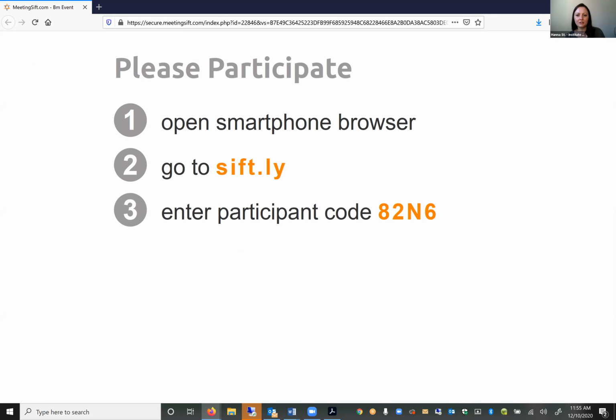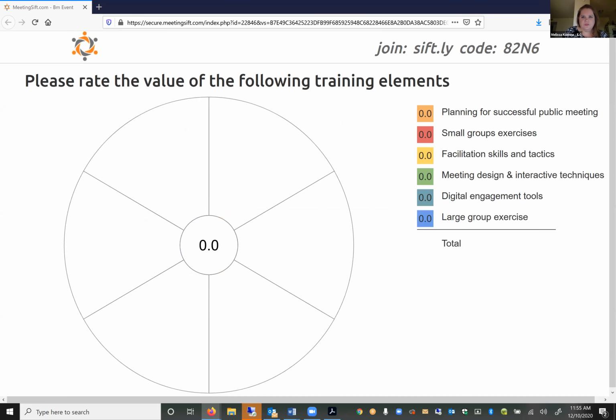Melissa, we're launching the first question. I was waiting for people to connect, but as we did yesterday, I will go ahead and launch this first question. If you're still trying to connect, the URL and participant code will stay on the top right-hand side of your screen. For this first question, we're hoping that you can rate the different elements of the training for us. What did you find especially helpful, or what was not helpful that we should consider not using in the future? And please be honest.